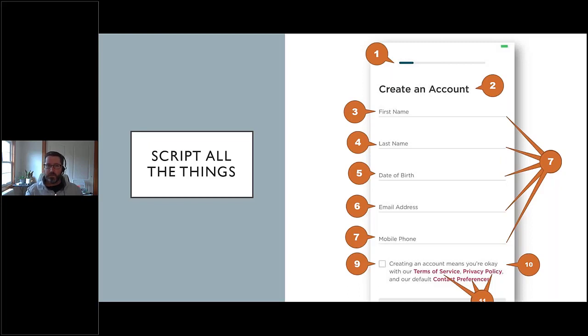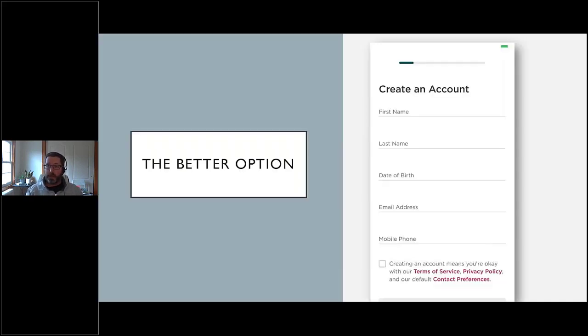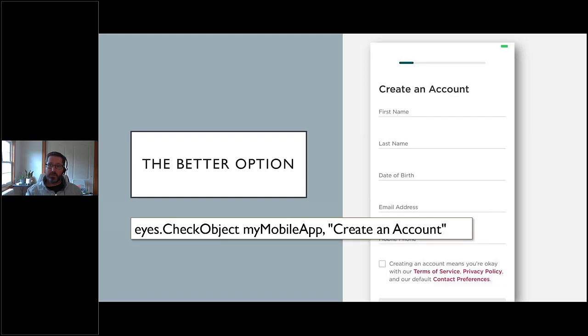What could possibly be a better option? Well, Applitools happen to be that better option for us. So let's take a look at that same thing with this option. Same screen, how do we validate this? One simple call to the eyes library. That's all we have to do. It's incredibly easy. We make this call and this is validated. We'll talk a little bit about how this is validated in a moment